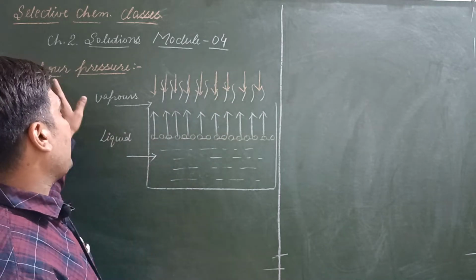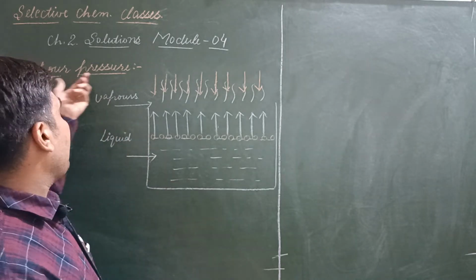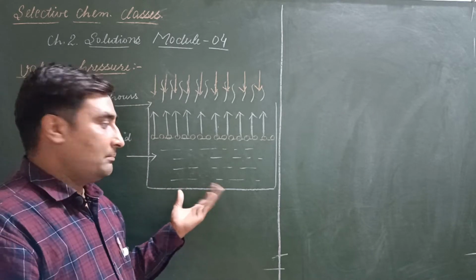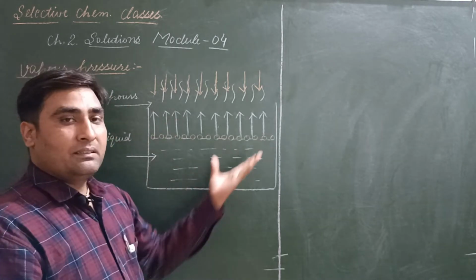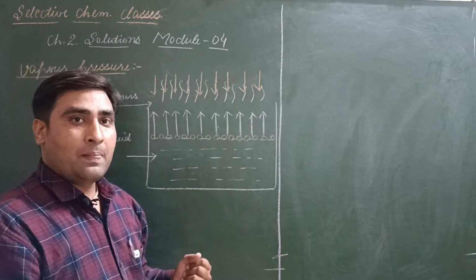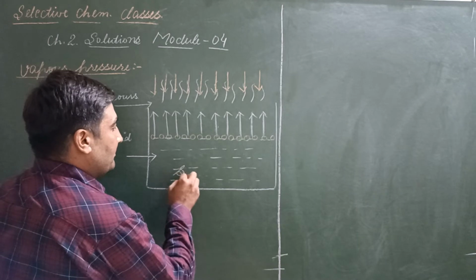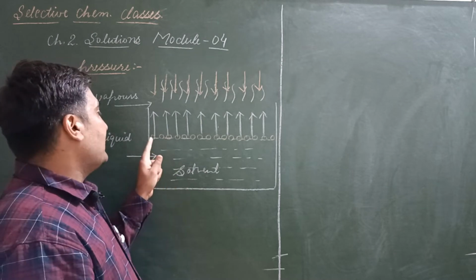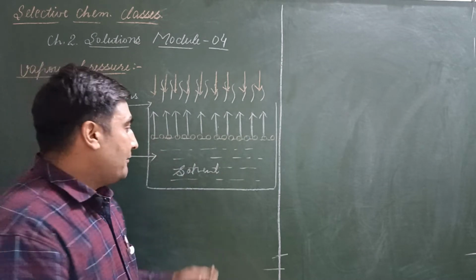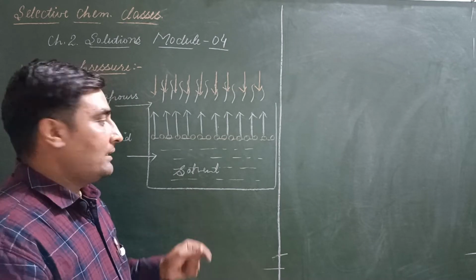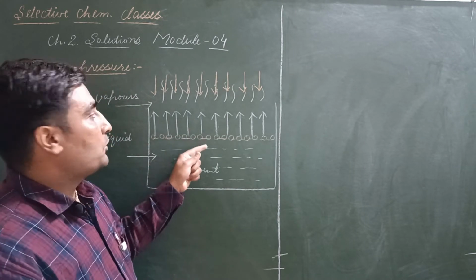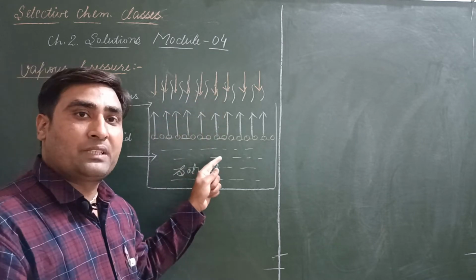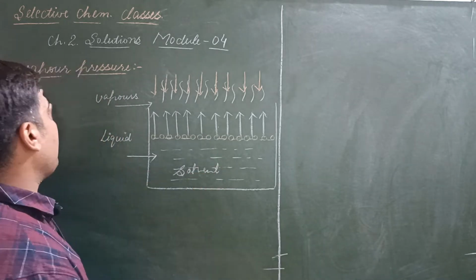Let's discuss the vapor pressure. The term vapor pressure, what does it mean? Here I have framed a diagram. We have taken a beaker which has liquid, suppose water. It acts as solvent, you can say, and the solvent molecules are shown by these red holes. When we heat this particular beaker, these solvent molecules will move to the vapor state, and these vapors then will exert pressure over the surface of this liquid. This will be called the vapor pressure.